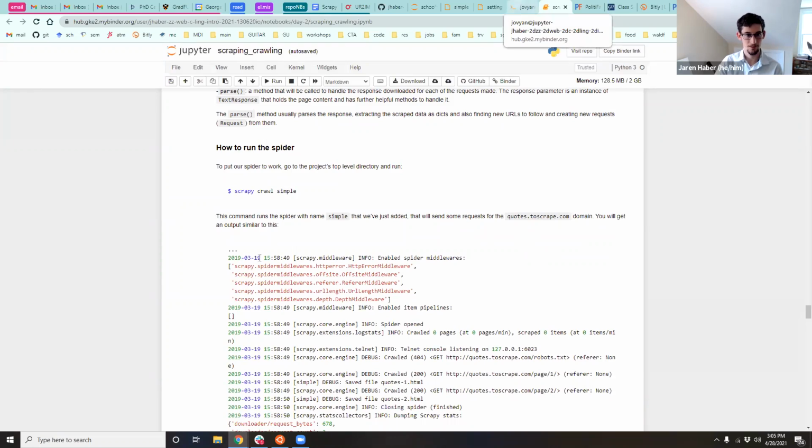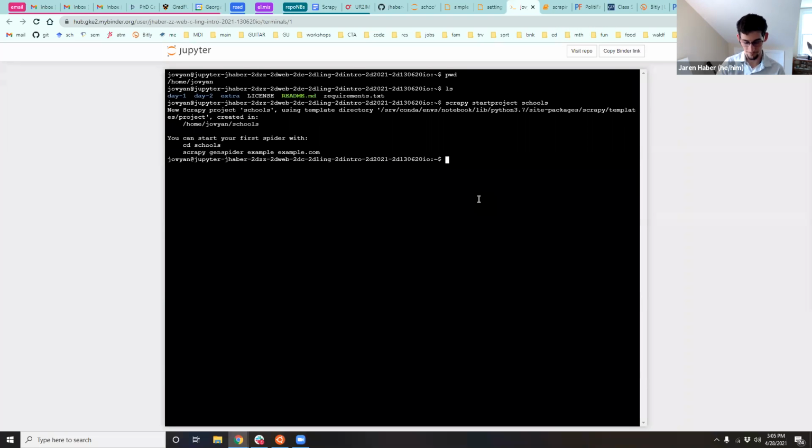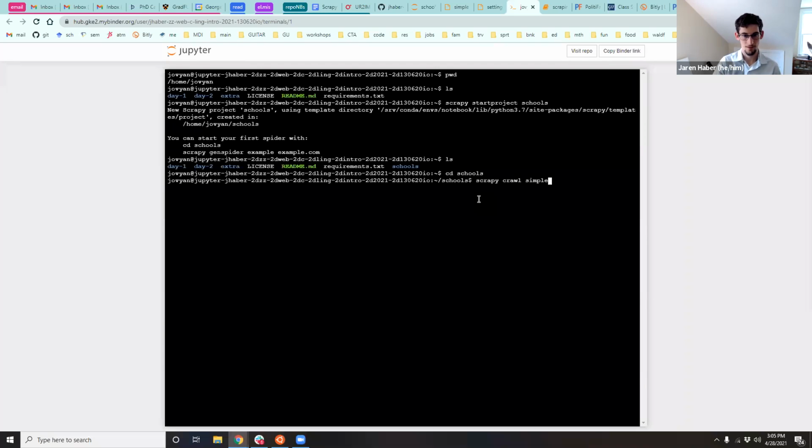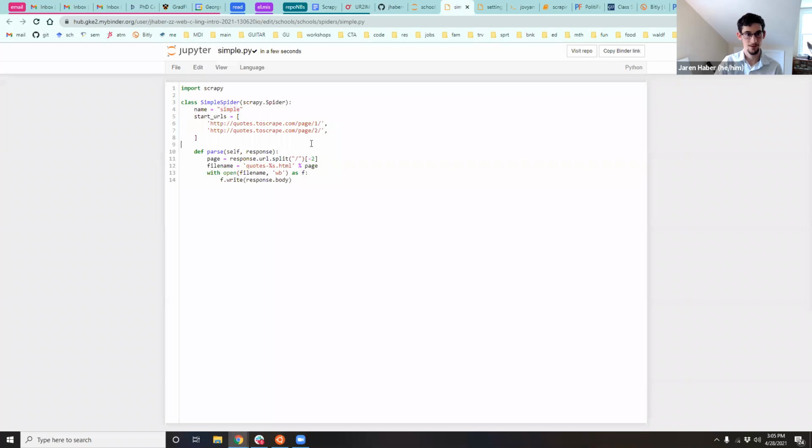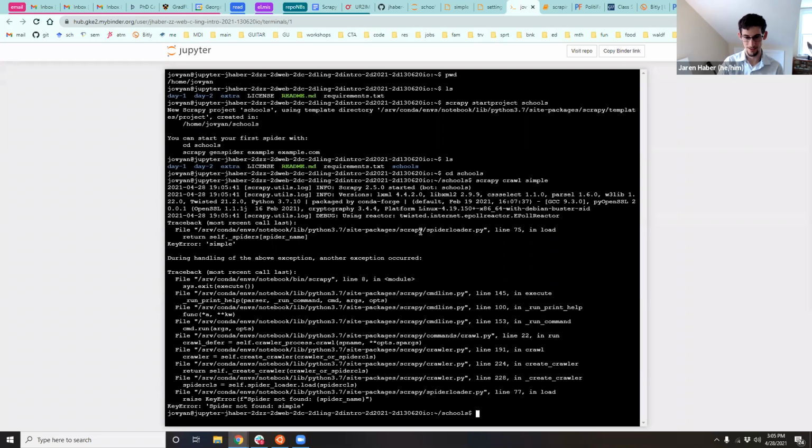So back in our terminal, from the first level of your folder here, so that means you have to go into schools or whatever you set it as. Just do scrapy crawl simple and see what happens. Oh, spider not found: simple. That's because I didn't save the file. Just press Control S or click Save, and it should give you a check mark here. And then if I try it again,